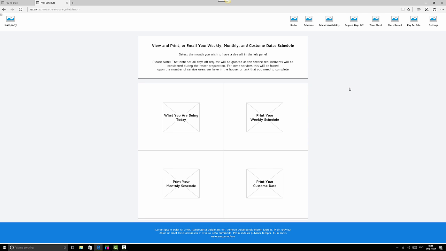Now, schedule is something that will be very handy in a rota management information system, because you want to make sure that your staff or your employees know when they are working. Even if they are not at work when the rota is out, they can log into this system and print their schedules, their daily, weekly, or monthly schedule, or they can provide a custom date themselves and say, okay, I want to see my schedule for